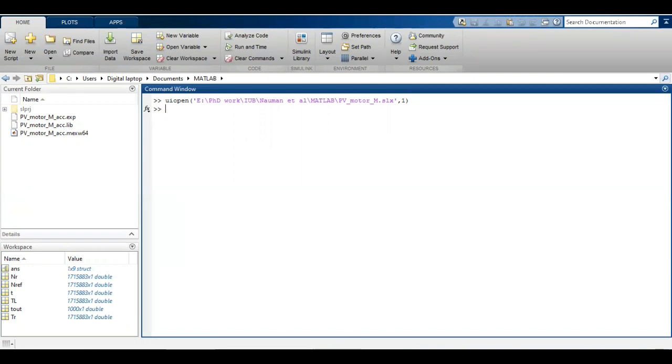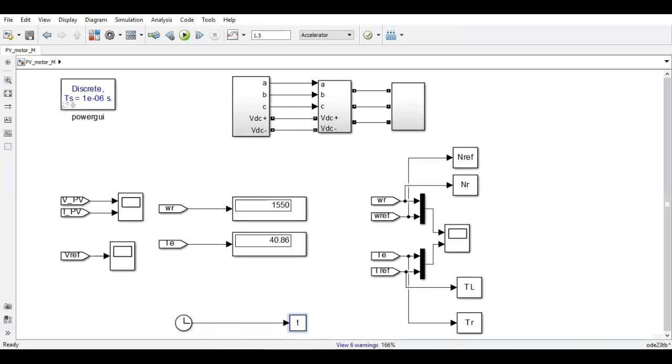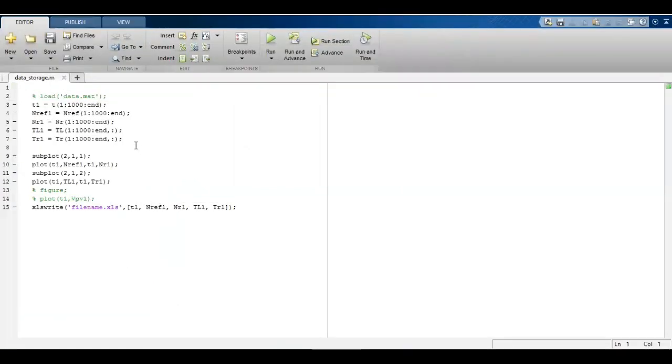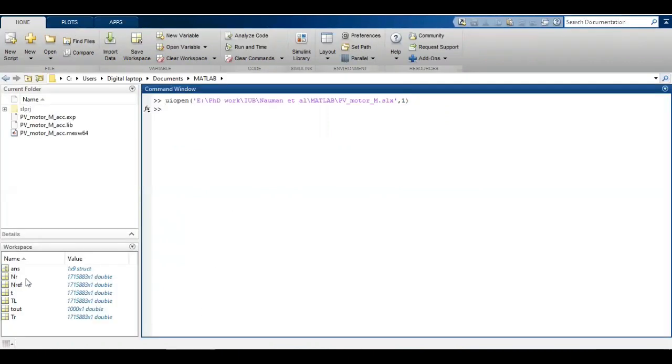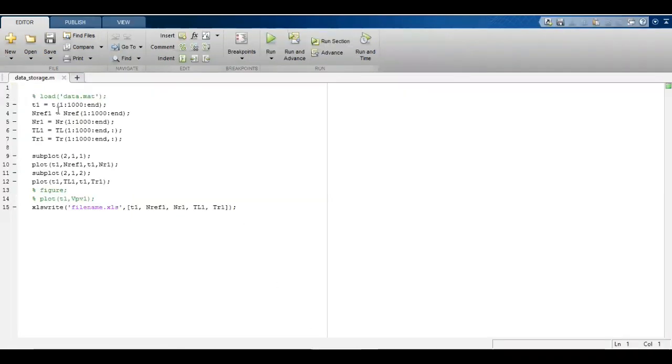After having run this simulation, you have to run this code. This is a MATLAB script, and the problem is that in the MATLAB workspace, these variables are very huge. You can see the number of elements in each array is very large. So it may be impossible for the plotting software to process such a huge amount of data. So you have to scale down this data first of all, and for this purpose you have to write these commands. And I am selecting my samples after